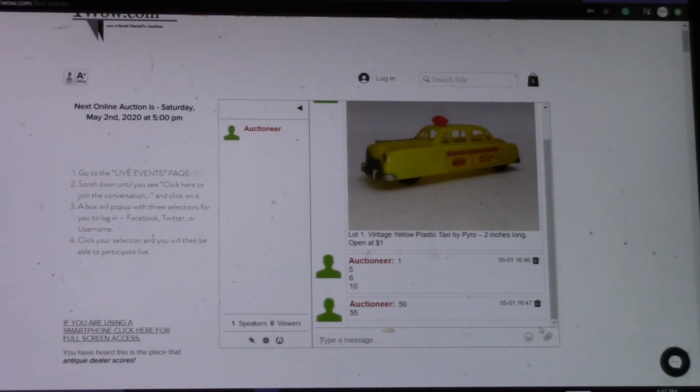As I stated, extremely simple to use, very fast, and the reason we do this is because it keeps costs low, and that means it keeps our buyers' premiums low. During our live chat auctions, it's only a 10% buyer's premium. We hold our auctions on Saturday at 5 p.m., Sunday at 7 p.m., and occasionally we will do something called